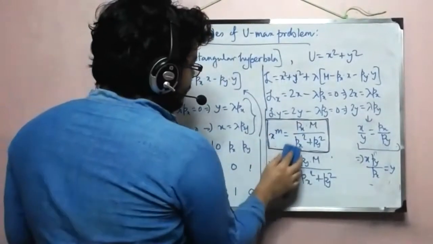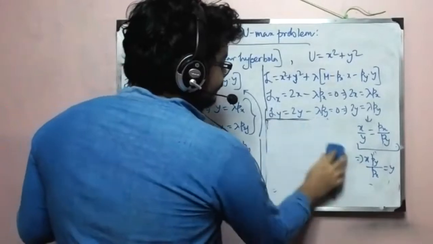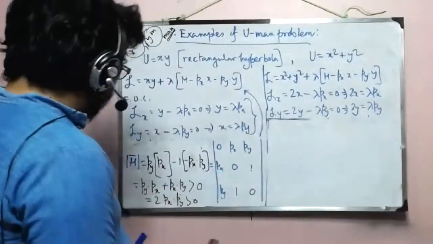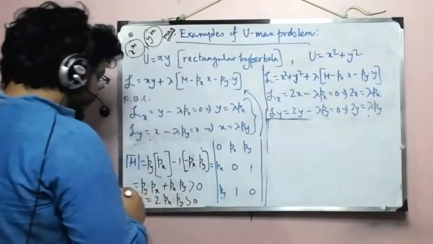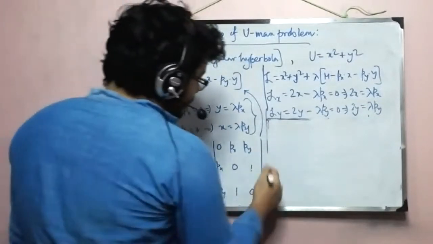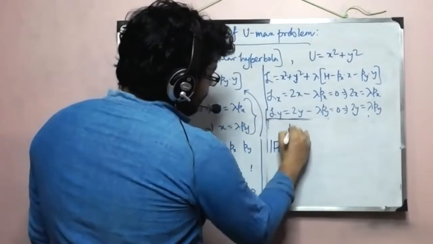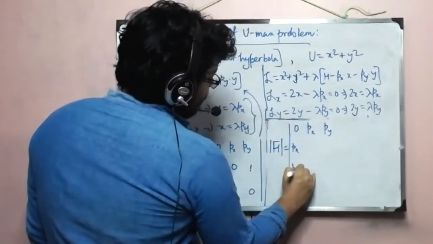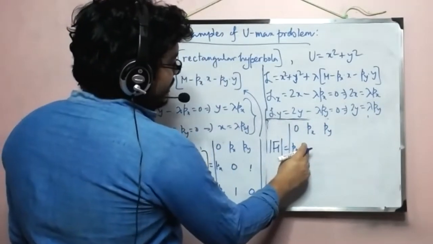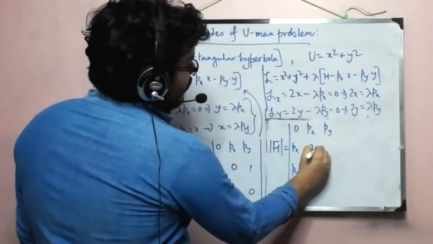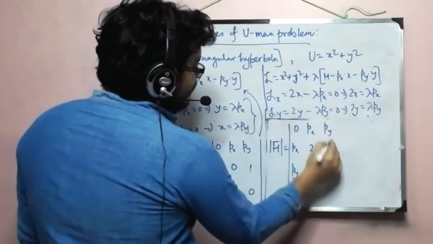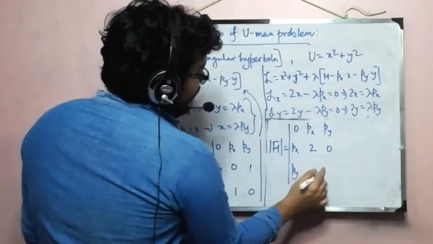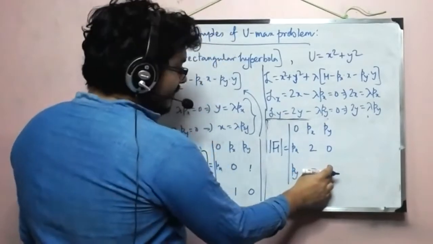Okay, so let me erase these two. Okay, so let us find the same thing here. Now we know what constitutes border Hessian, right? So border Hessian determinant will be 0 here, px here, py here, px here, and py here. Here it will be lxx. So lxx will be now 2, correct? And lxy will be 0. Here ly, this will be lyx. So lyx is also 0. And here lyy, so that will be 2.